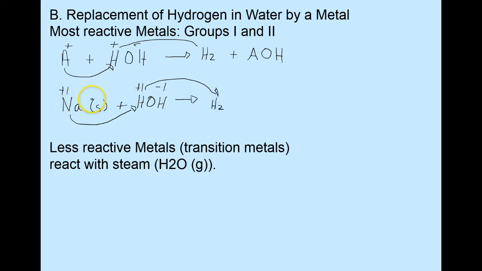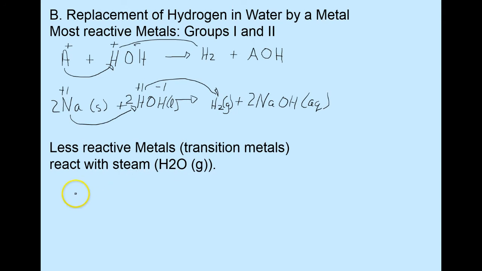Sodium, +1, is going to react with hydroxide, which is -1. And our new compound is NaOH, which will be our aqueous solution. Now, water is not aqueous. Water is actually a liquid. Hydrogen is our gas. Balance the equation: 2 in front of sodium hydroxide, 2 in front of water, 2 in front of sodium. Now, for our less reactive metals, those ones are going to react with water in the form